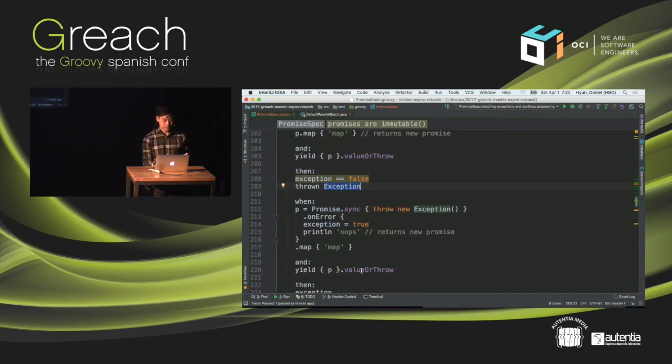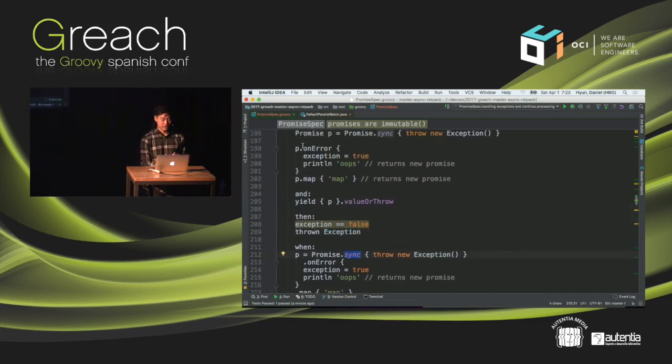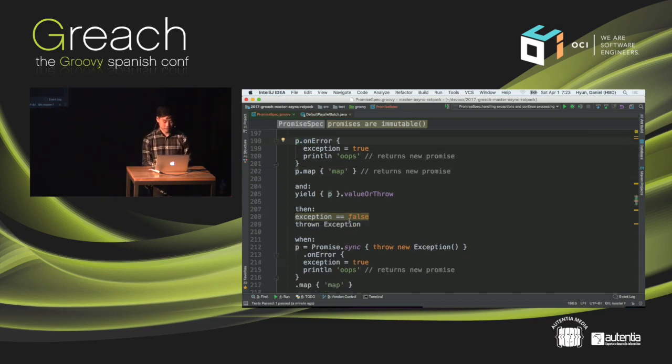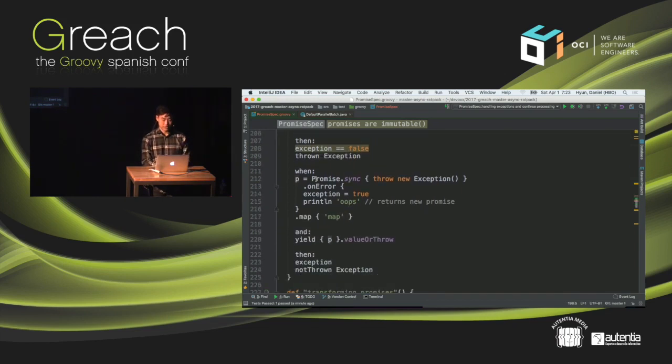And we see that indeed the exception does get thrown. So how are you supposed to remedy this, right? What you do is instead you chain these promises together, or you can keep reassigning these promises. So if you did something like p equals this and p equals that, then it would work. Then you would get the expected behavior here. Yeah, so in this situation, this promise chain, the fluent way of producing this promise chain, does work. So we can see that here. We can see here that the exception handler was invoked, and that the exception was not thrown at all.